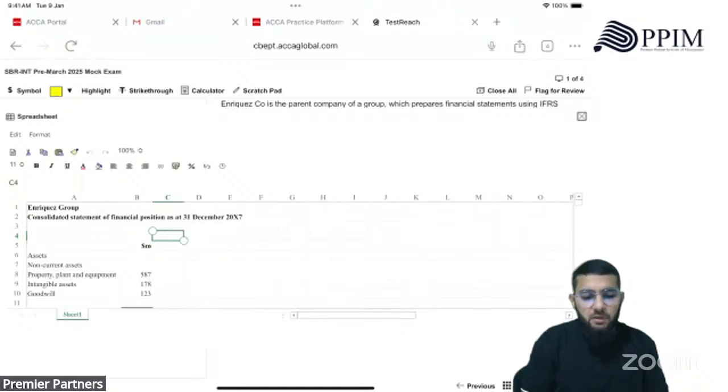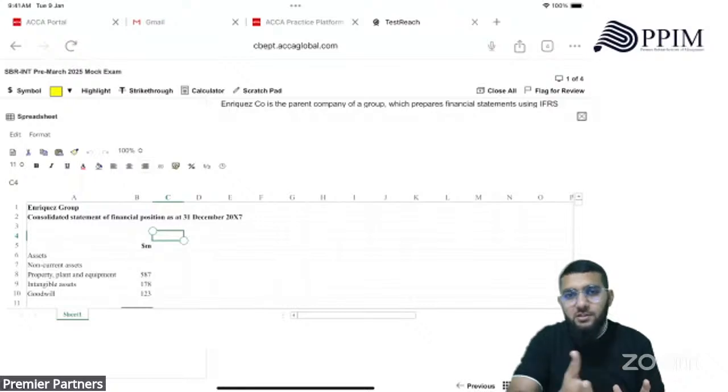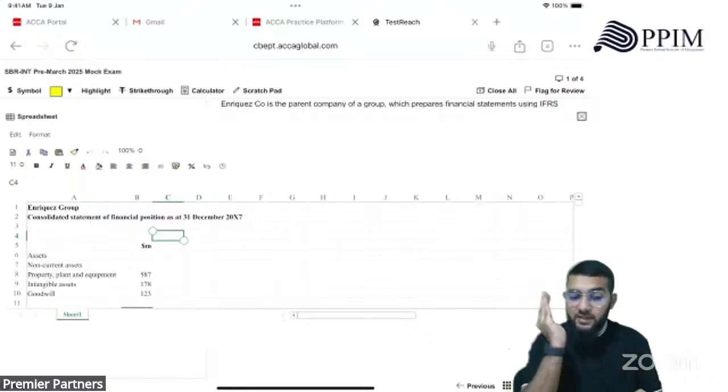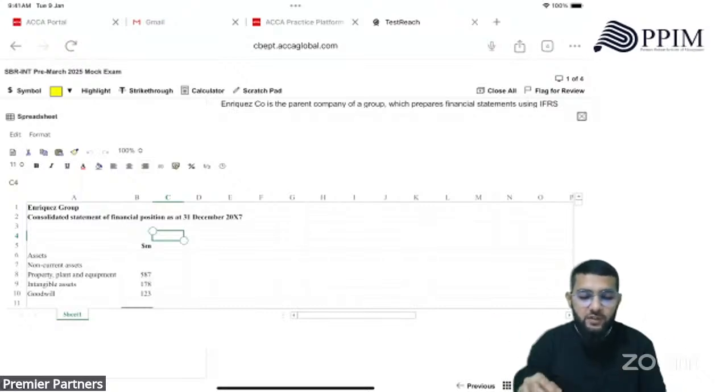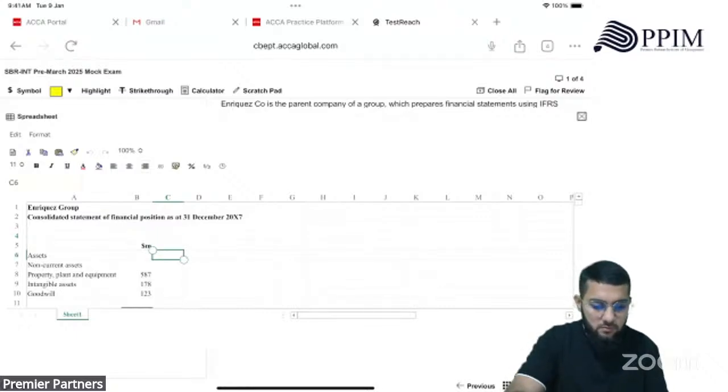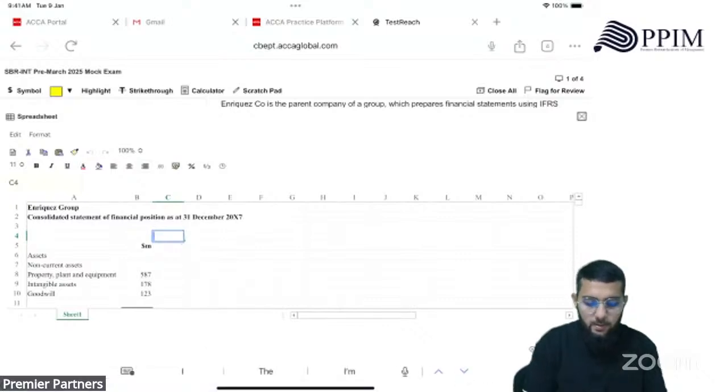And guys, remember, if you delete whatever is given in the spreadsheet, it does not come back. So don't touch that area. Whatever they've given, don't touch that. Let it be as it is. You just work on the empty cells. Don't delete any figures there, right? Issue 1, what's the case with that? Then issue 2,